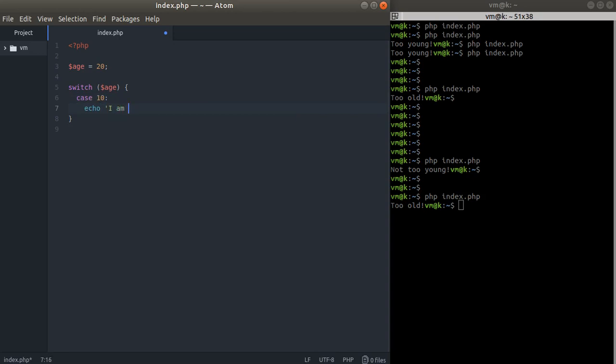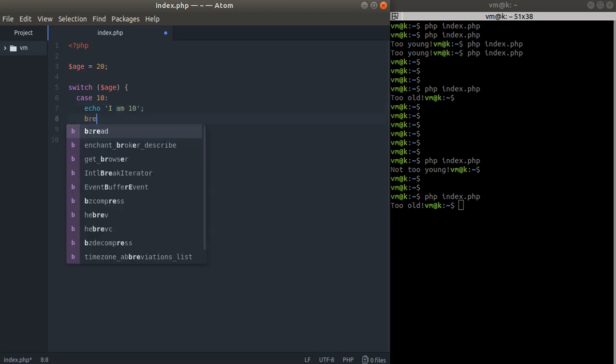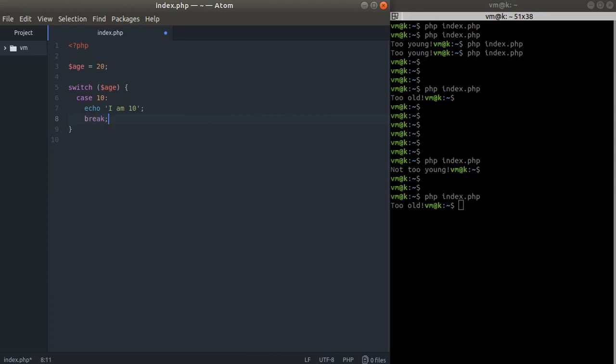Okay, yeah. So yeah, and I don't want to check other cases. So in a case we are 15, I want to just echo I am 15 and break, yeah. So, and I'm gonna have a default